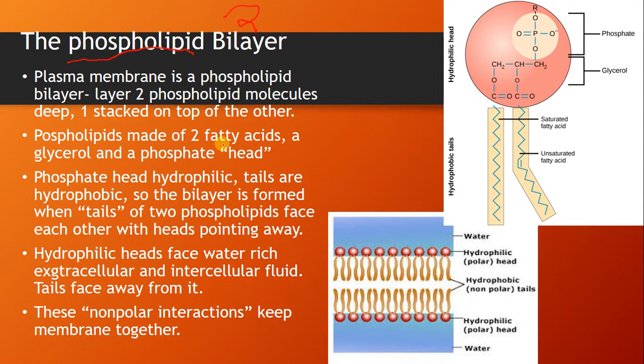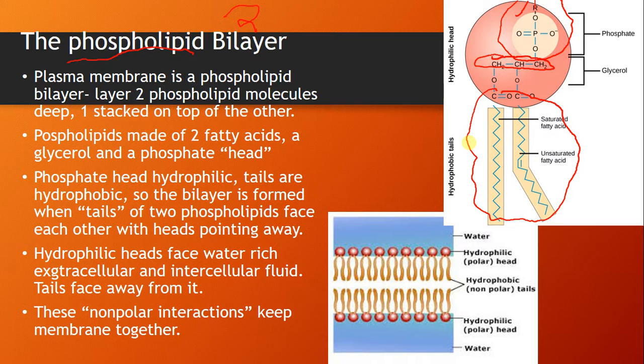And first of all, from the last time we talked about it, a phospholipid is a substance that's made up of a phosphate group, so up here, phosphate functional group, a glycerol, this middle part, just like a triglyceride has a glycerol, and then two fatty acid tails down here that can be saturated or unsaturated. Saturated, no double bonds; unsaturated, one double bond or more. So unlike a triglyceride, there are only two fatty acid tails in a